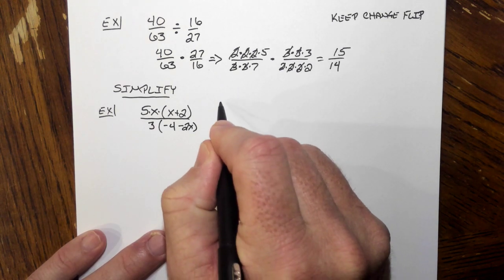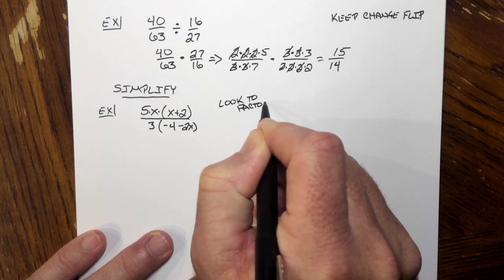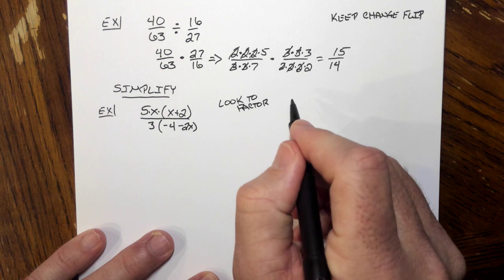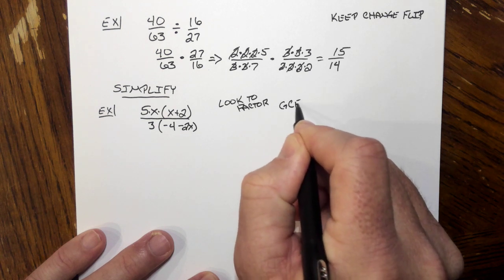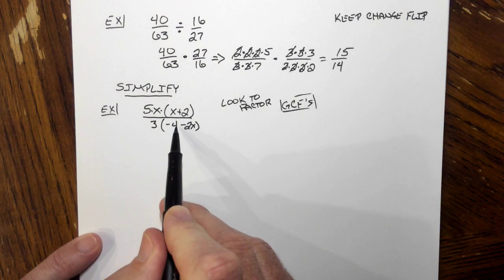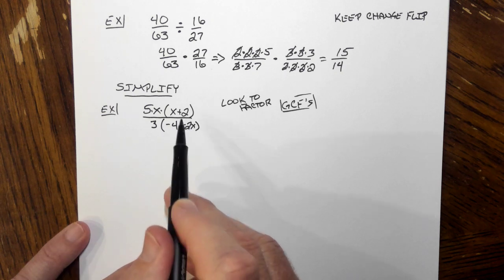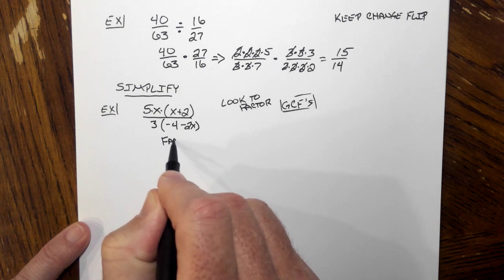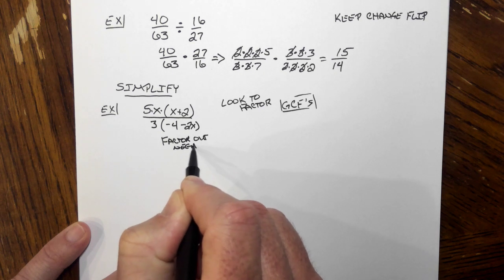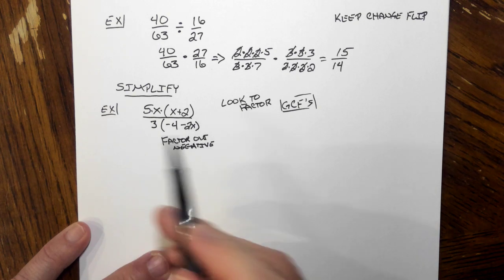Remember, look to factor. We want common factors. We're looking for, if you will, GCFs to get out. So if I see an x plus 2 here, I notice there's a factor of 2 here, but there's both opposite signs. So factor out the negative. I can get a negative 2 out of this and a negative 2 out of this. So as we factor it out,